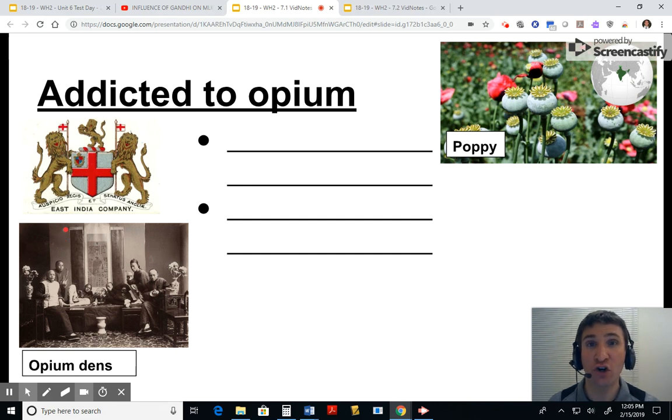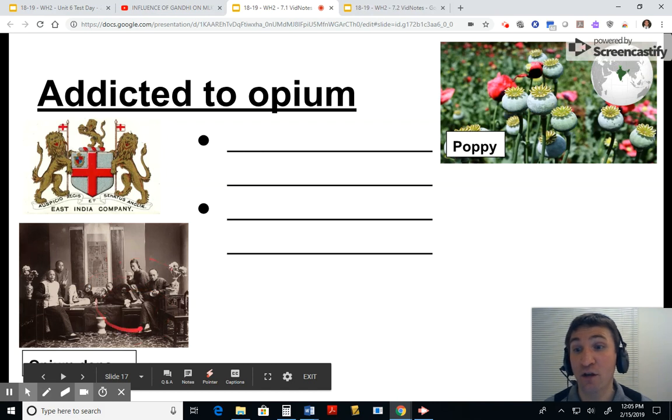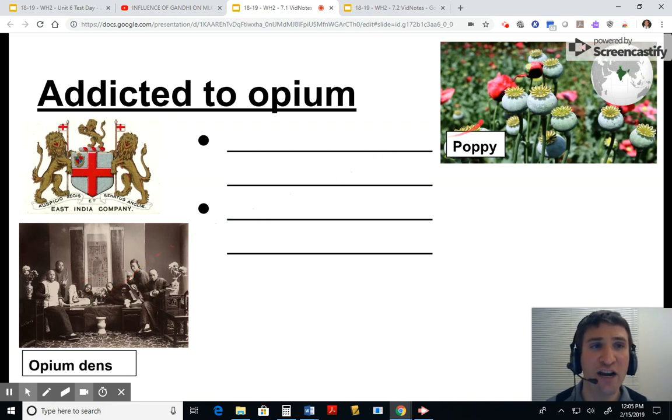Addicted to opium. During Kangxi's rule, during Qing China, unfortunately, the British East India Company sold opium to Qing China. Second bullet. The Chinese then used this drug recreationally. Britain profits from it, and the Qing rulers are not happy. So the British East India Company's opium creates these opium dens. Chinese are using this, and they're not just using it for medicine, they're using it for recreation. And there is the poppy plant where you get opium from, and the British planted these poppy plants in India and had Indian farmers help them.